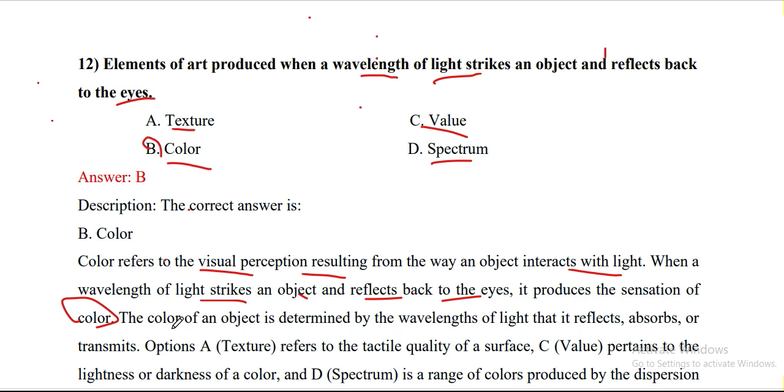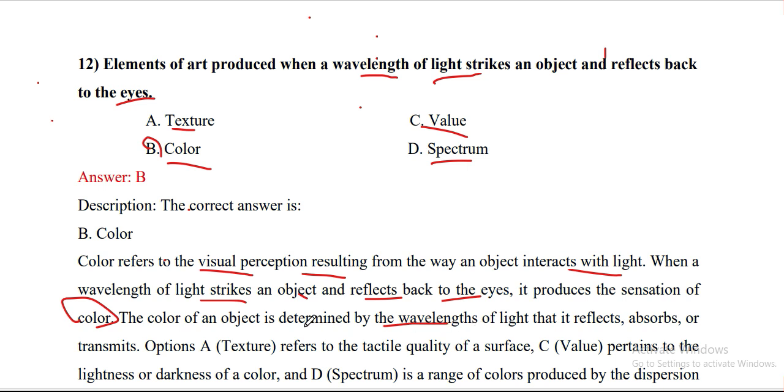The color of an object is determined by the wavelengths, and they play a great role in identifying the color of an object, depending on the light that is reflected, absorbed,